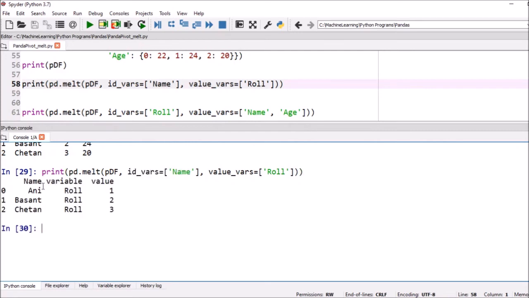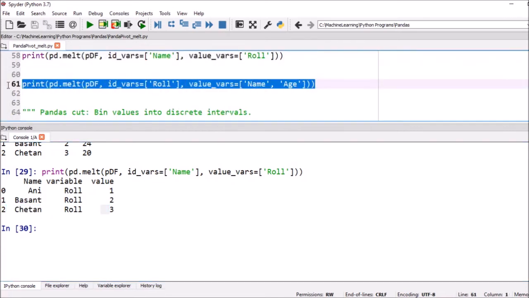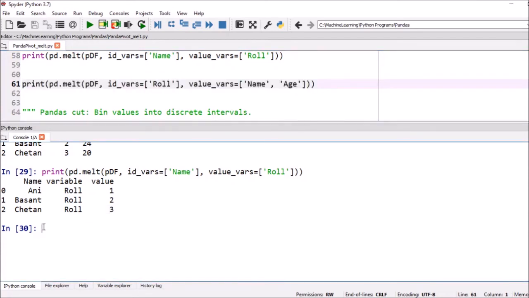Now we can see names are Annie, Basant and Chetan, and in variable it is roll number. So roll number of Annie is 1, roll number of Basant is 2, roll number of Chetan is 3. Are you getting this one? Similarly, we need both name as well as age, so now the ID variable is roll number.